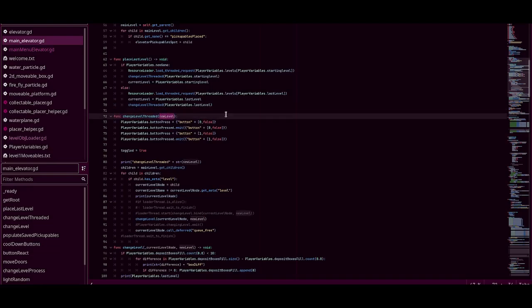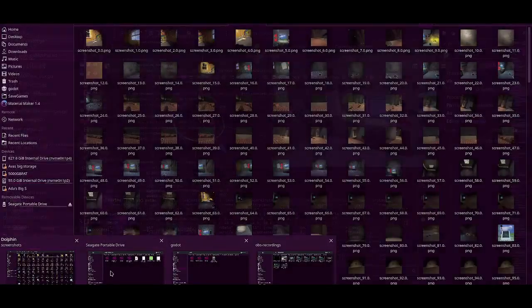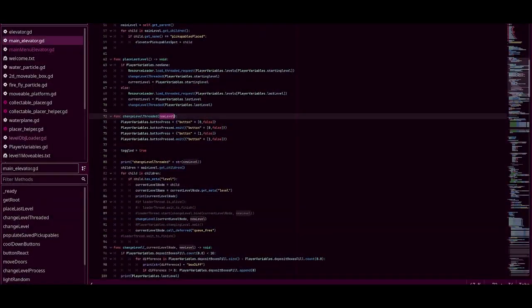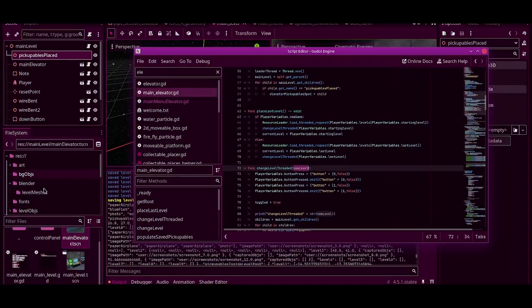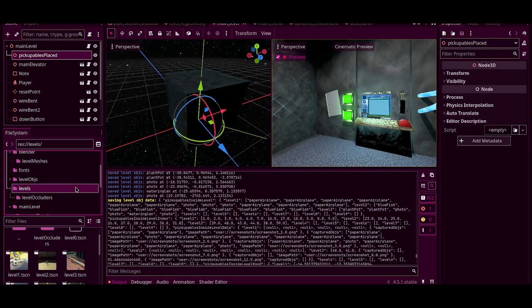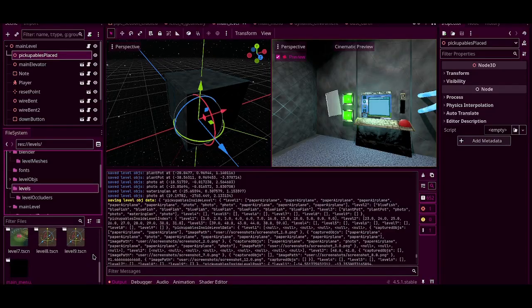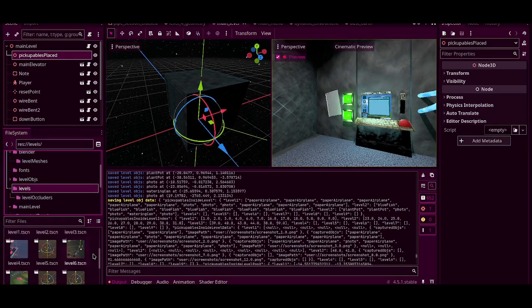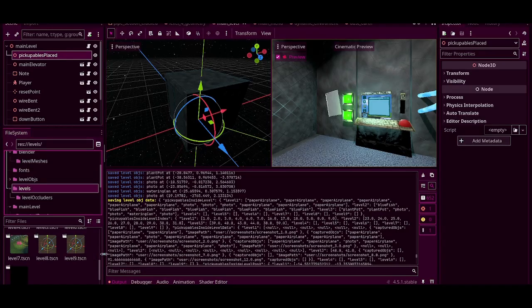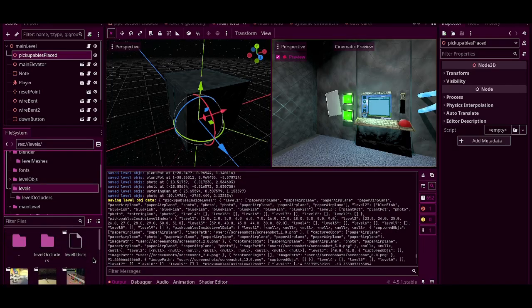So I want the number of the level. My levels, let's see, I'm just loading all of the levels from a folder because I want to make it easy for me. So I'm just numbering my levels, like level 1 through 9 here, so I can make it easy for myself to add new levels, because I just want to go through them. I'm making it so that your elevator is just wrapping through all the levels that exist. I think that's a fine way to do it